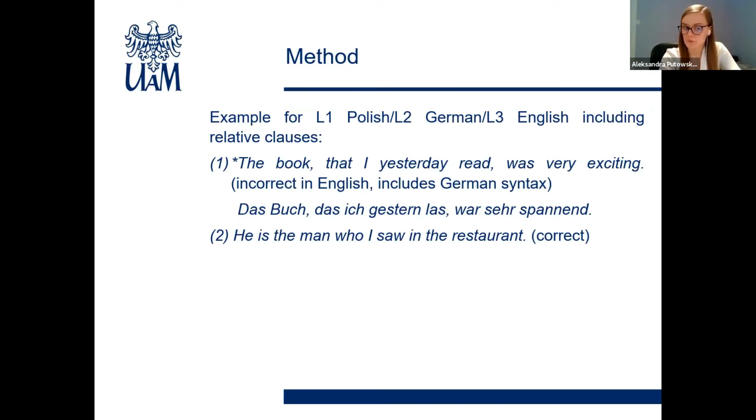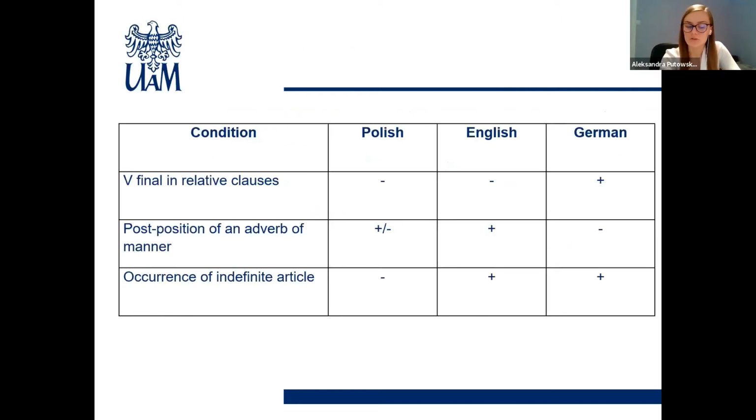At the end of the experiment, all the sentences judged as incorrect were shown on the screen again, and the students were asked to correct them. This technique ensures that the participants reject the sentence for the reason relevant to the study. The chosen grammatical structures vary between every language pair: Polish-English, Polish-German, and English-German. Such a selection allows us to distinguish between influence from L1 and L2.